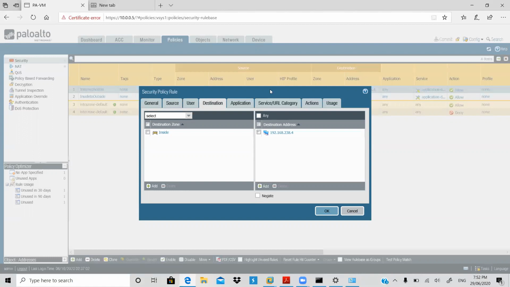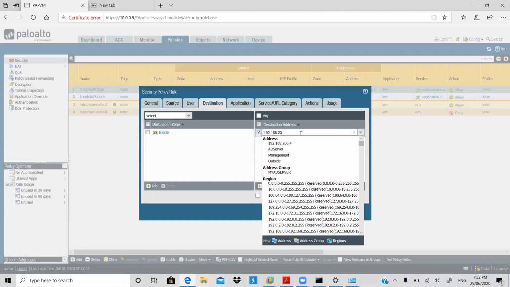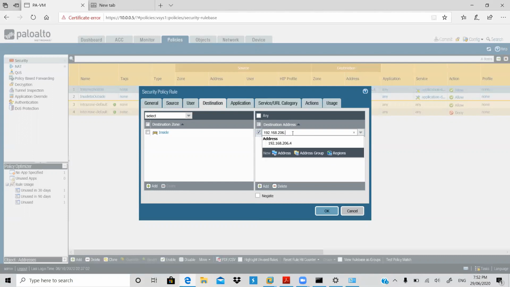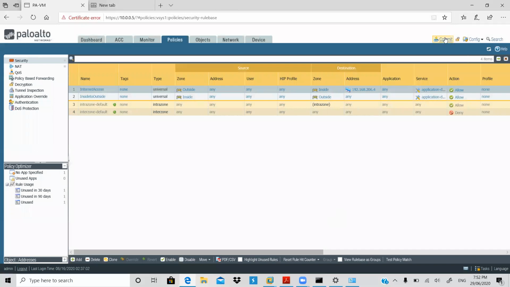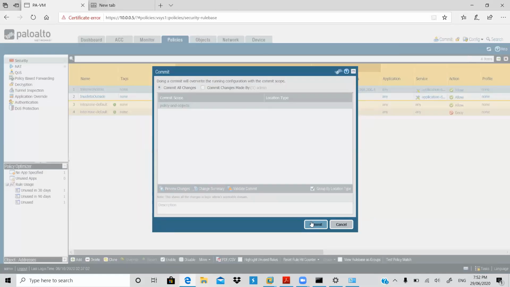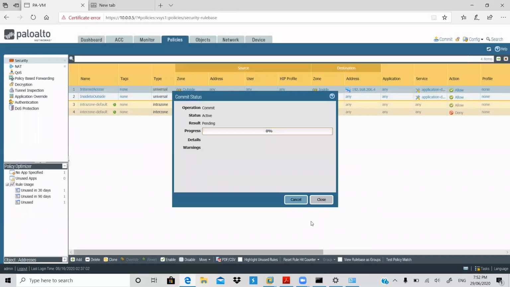So here you should give here your from that IP address. 206. 206 dot 0 dot 4 only. 4. Yeah. Okay. Then okay. Save it. Then no issue is coming, right?